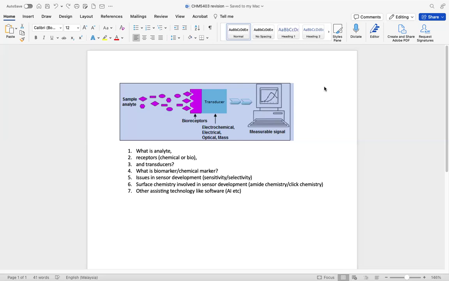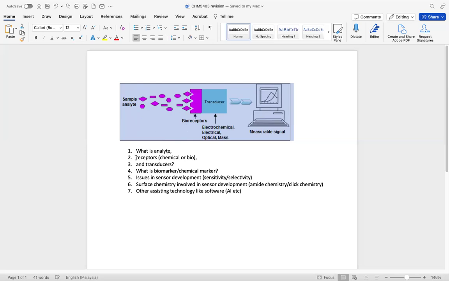So from here, if you are revising the subject, you have to understand first and foremost the definition of analyte. I'm not going to recap, but you need to ask yourself all these questions, because if you don't understand these terms, you will not be able to answer the final exam, even though it is open book. So what is an analyte? You should be able to answer. And once you have identified the analytes,